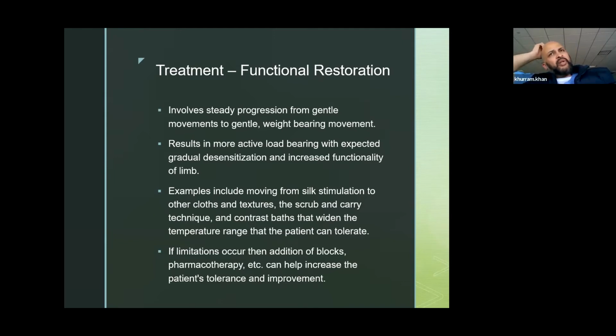Similarly, not only dystonia, also when the functional restoration is being attempted, you also do the gradually increasing intensity of different sensory stimulus to make the central nervous system get accustomed to the different level of stimulus and not result in shock type situation, which patients actually get most of the time.